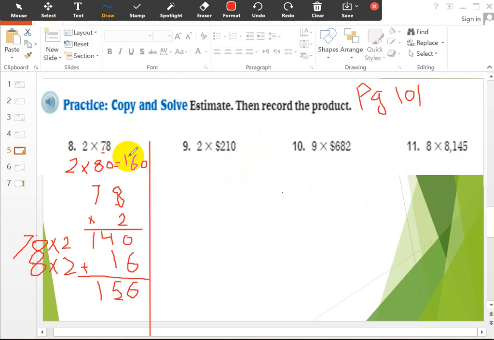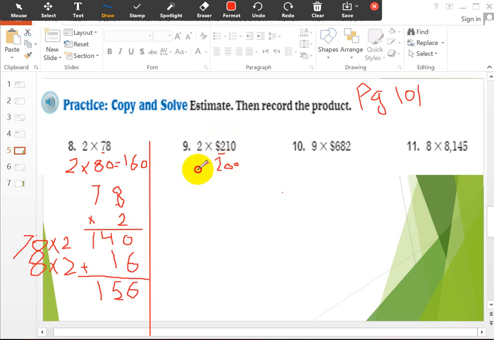Okay, if you don't have a sticky note, you can bring a white paper, any paper, and write the answers. Now 210, I want to round this number to the nearest hundred, so what is the estimation right here? If I want to round this number to the nearest hundred, the number before the hundreds is 1, less than 5. That means I will keep the same number, which is here 200,